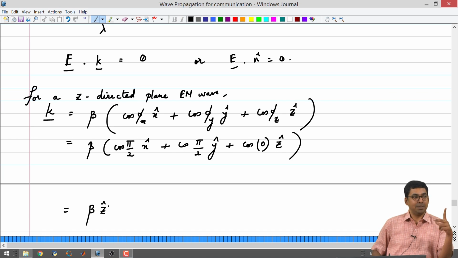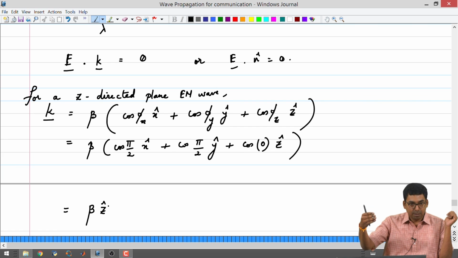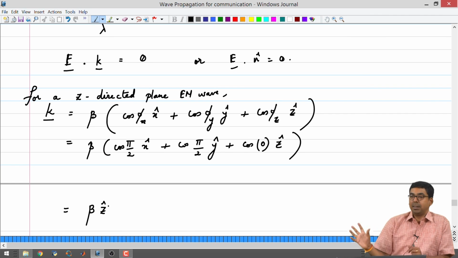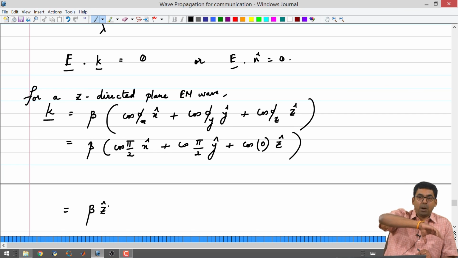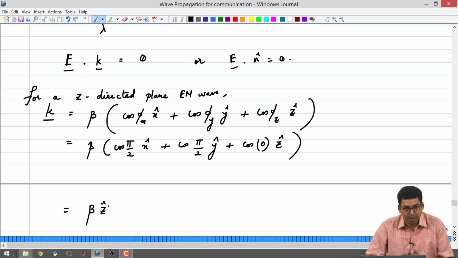For example, if you have a transmitter located at 0 0 0 giving something in the z direction, you may have some medium which reflects it at, say, 45 degrees. It goes to another place, you want to describe that, and you do a series of manipulations, and then you have a detector finally placed in some other direction. You do not want to rotate the coordinate system for every component in your analysis; you want to keep it fixed and then see what happens. It will help you in those kinds of scenarios.